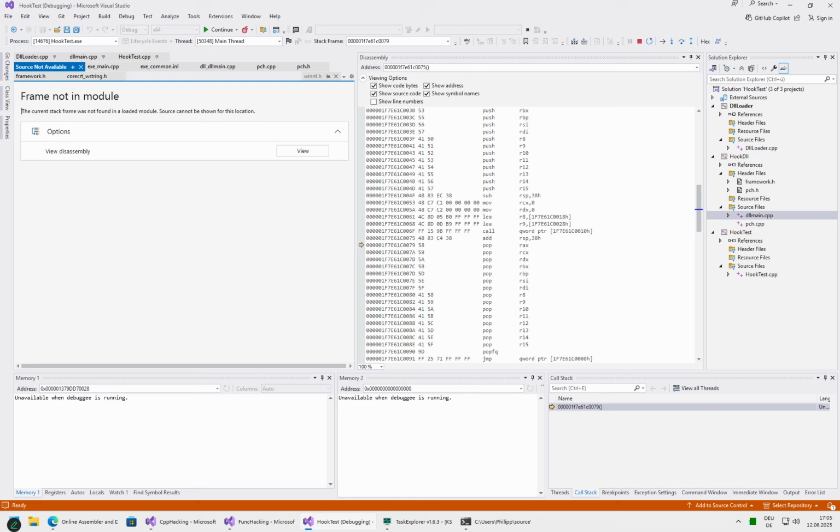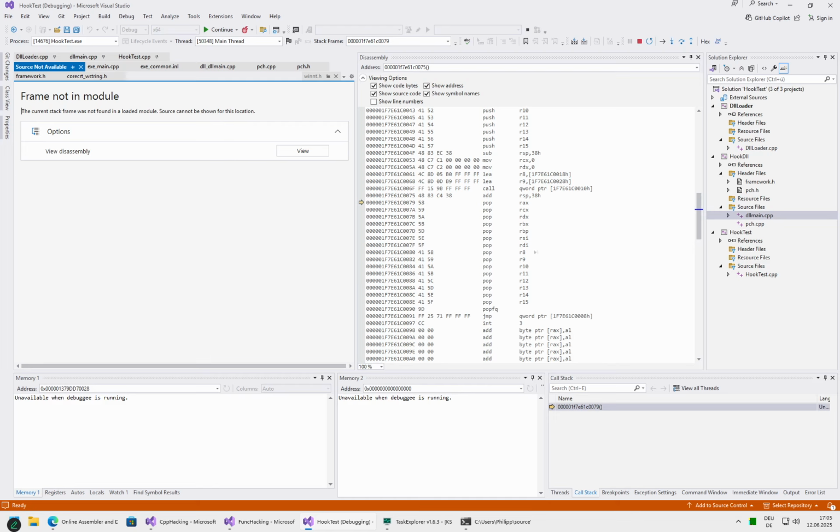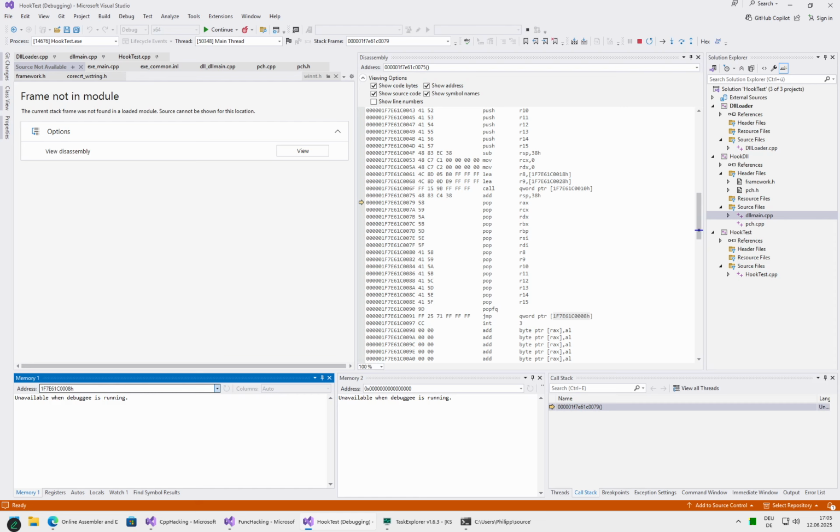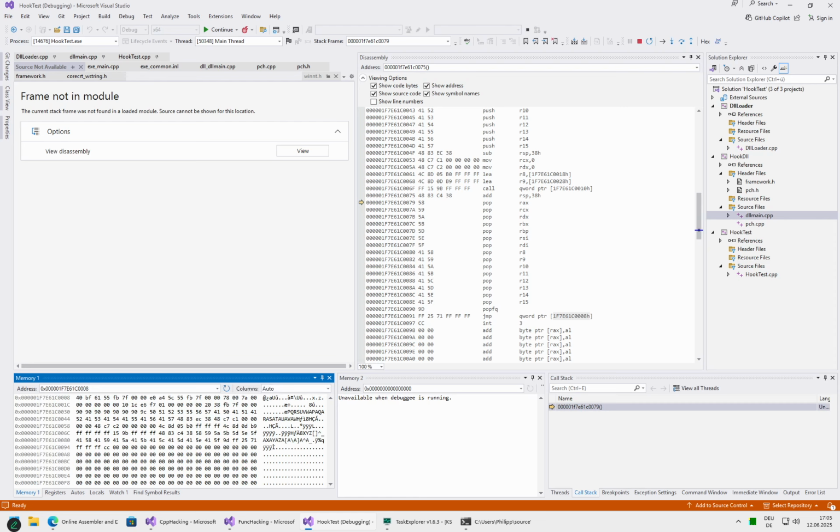Okay, and then we pop all the registers except RSP, then we pop, and it looks correct, and pop FQ. And then we jump to whatever lies at this address, which is 1, 2, 3, 4, which is this. If we reverse it,